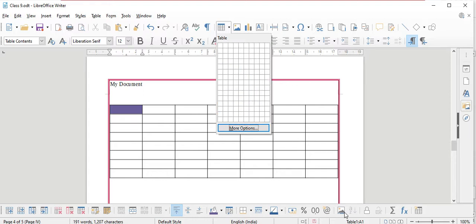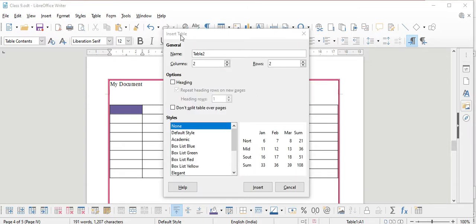If you want more than this, for example 15 rows and 15 columns, we have to click on the more option. When you select the more option, you will see the insert table dialog box.